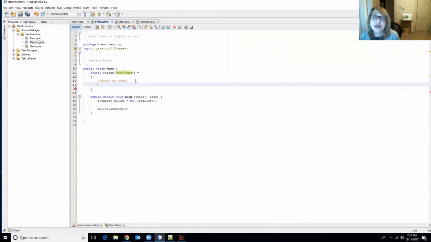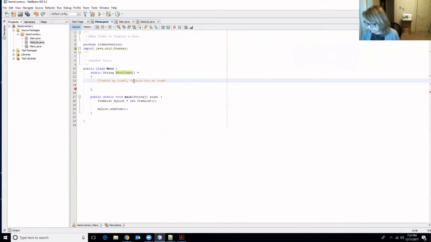and you can go down if you like. I don't want to because it'll get us down too far. You won't be able to see enough code. Search for an item, update an item,